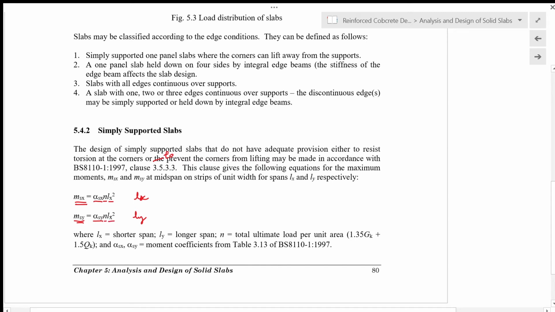In these equations, LX is the shorter span, and LY is the longer span. N is the total ultimate load per unit area, which is the ultimate design load, 1.35 GK plus 1.5 QK. And alpha SX and alpha SY are the moment coefficients from table 3.13 of BS 8110 Part 1,